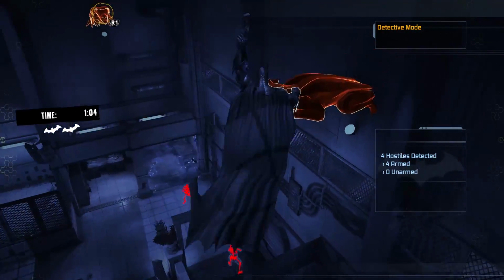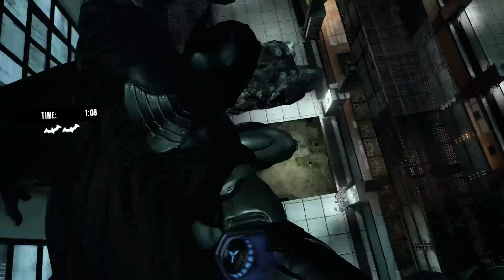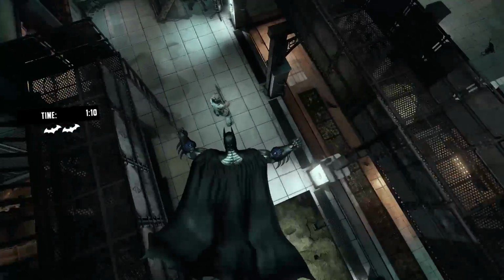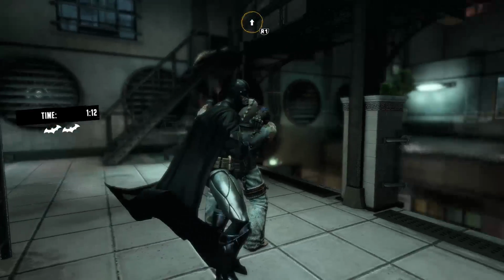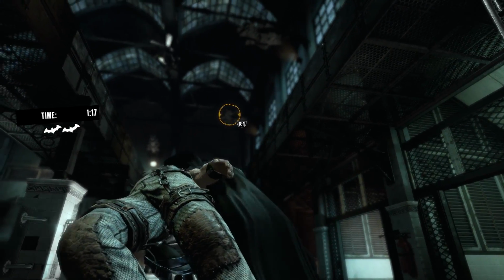It really is. Like I said, it was quick paced and claustrophobic, which is the whole vibe of the Asylum. So I think it captures the vibe of the entire game in that little map. So that's fantastic. All right, the next one we have is a challenge map from Arkham City,